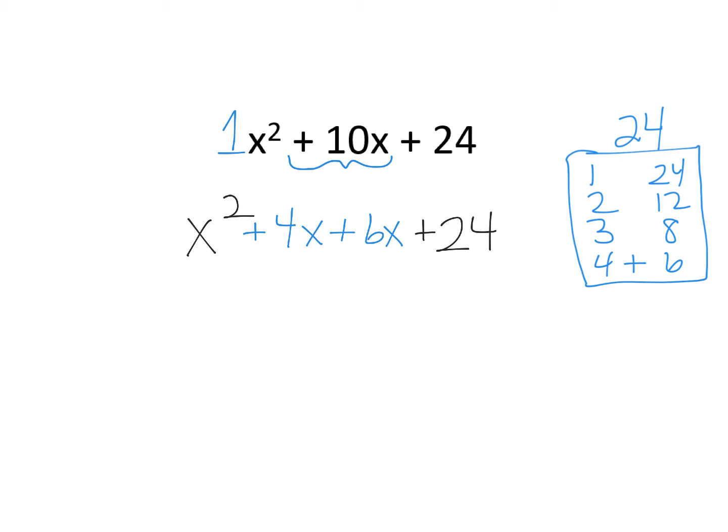If you were to combine like terms, the 4x plus the 6x, you would get back to the 10x. So I have not changed the problem. I've just changed the way it looks. All right, next step. This is the one that gets a little weird, so kind of follow along, write it